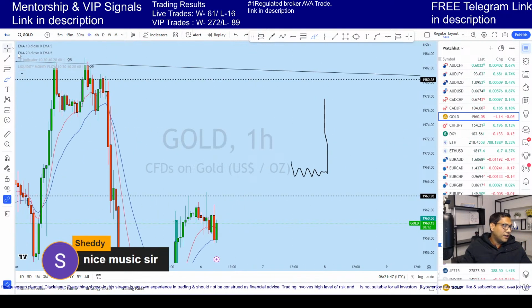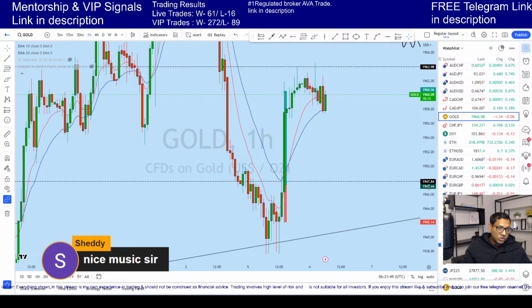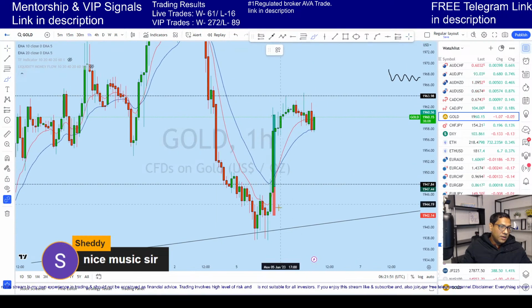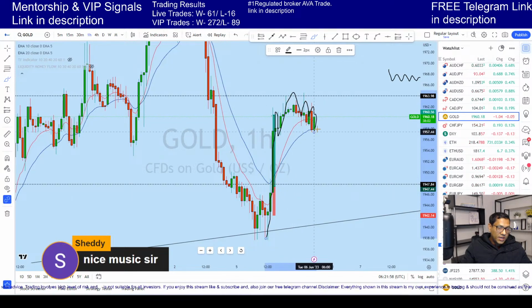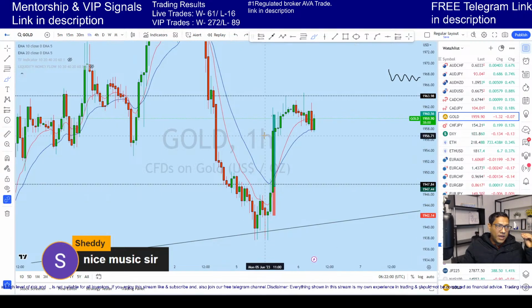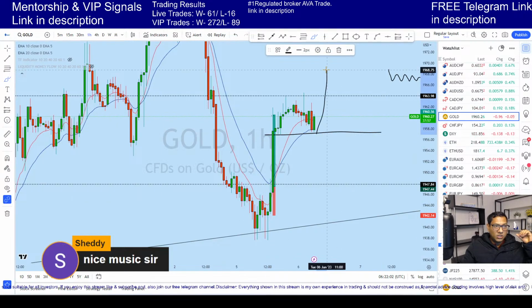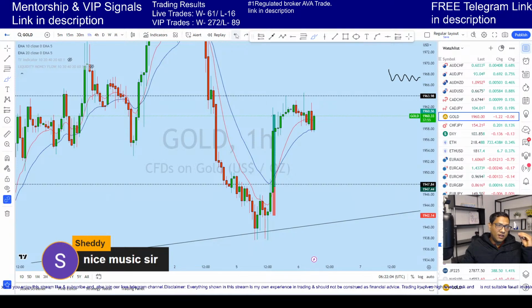You can see that here on gold from the 1 hour, this is exactly where it happened. With this impulse and then a doji formed, the price has gone up, consolidated, and come back to the same level where there is the doji. Now it is bouncing, and this is the real thing, the simplest way you can understand how the market moves.